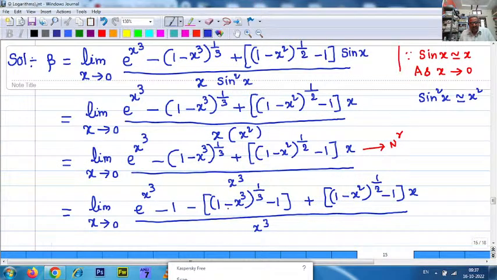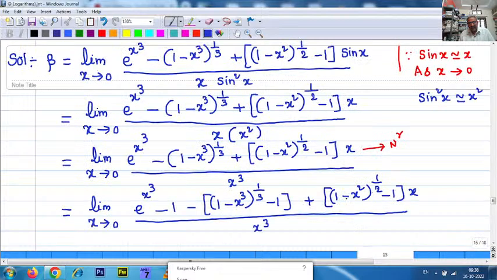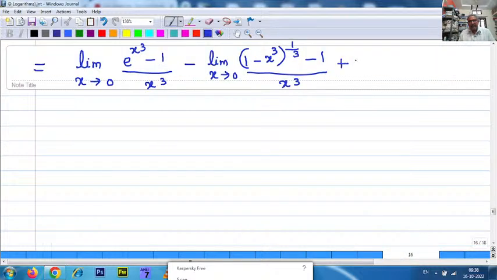So next, minus of limit x tends to 0 1 minus x cube whole to the power of 1 by 3 minus 1 upon x cube. So next one is 1 minus x square whole to the power of minus 1 x by x cube. That becomes 1 minus x square whole to the power of minus 1 by x square. So that means plus limit,